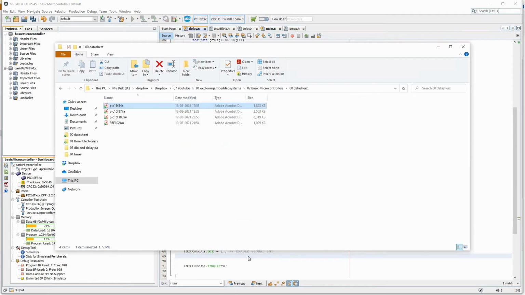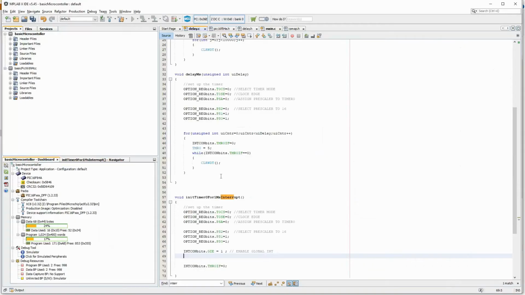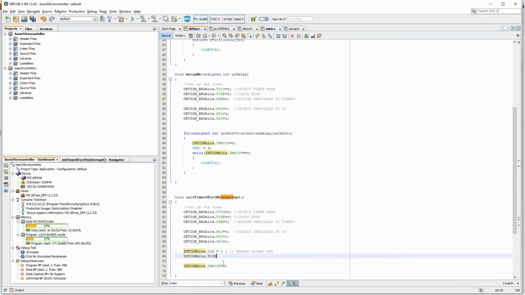Next, I have to do one more thing for timer 0. Now I have enabled global interrupt, so any interrupts that come will come to our ISR function. I also have to enable the timer 0 interrupt, else if the timer 0 interrupt happens, it will not generate the interrupt. So I also set the timer 0 interrupt enable bit equal to 1, that is, enable timer 0 interrupt. Let me put this also here.